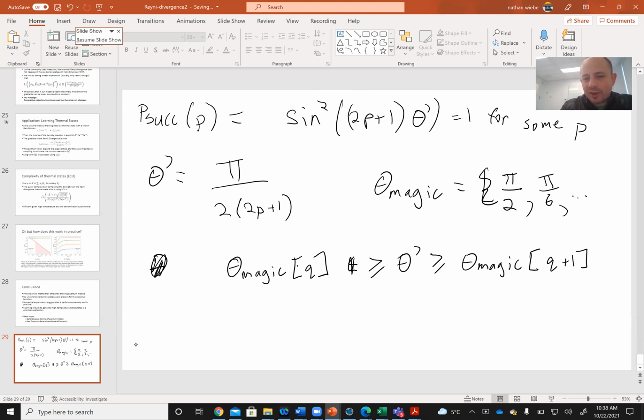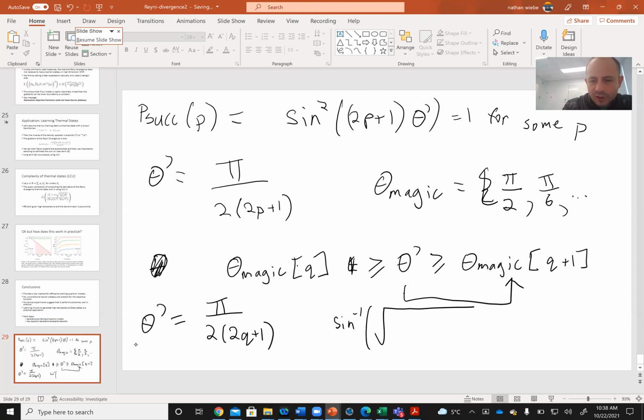So this is a decreasing sequence of angles. So what we would like to do is, if we've got an angle theta, then we're going to choose to round down to the next value in the sequence. So what we need then is theta prime has to be equal to pi over 2 times 2q plus 1. Now theta prime is the arc sine of the square root of the initial probability of success times sine squared phi. So this implies that sine of pi over 2 times 2q plus 1, squared